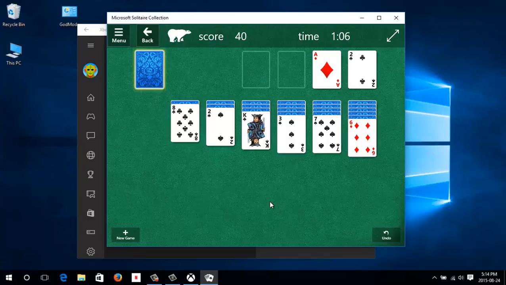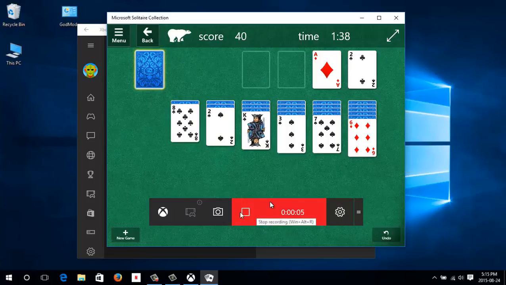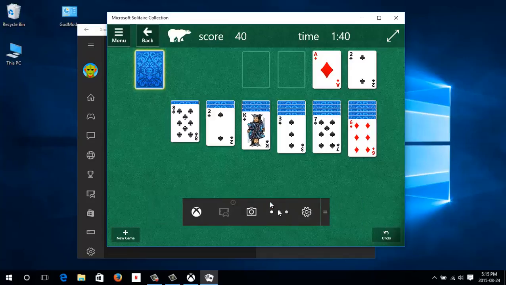So if you hit the Windows key and then the letter G, you'll get the game bar. Okay, now usually it'll come up and ask you if it's a game, but I've already loaded it here. Now if you click here, you can start recording. Okay, and then it'll record what you're doing here. Now, let's stop. Let's go in, now you'll see here, this is settings. So you can go into here,